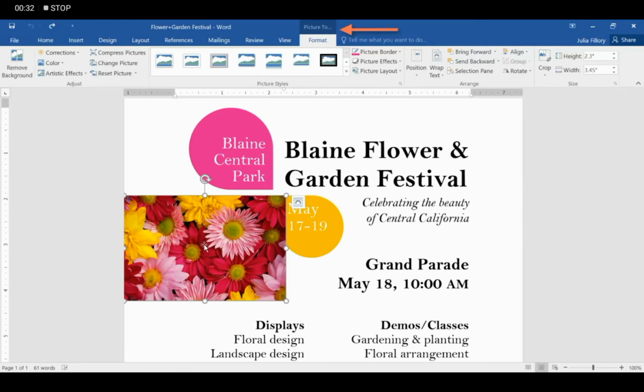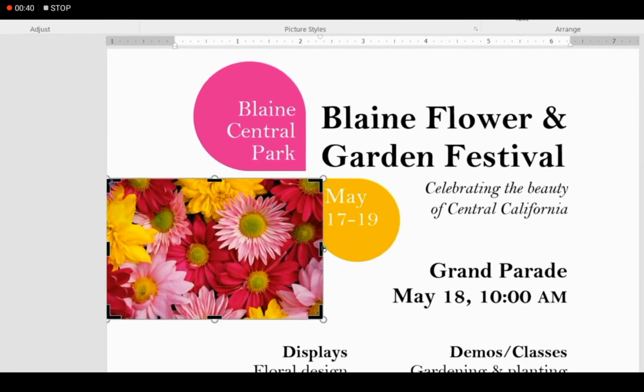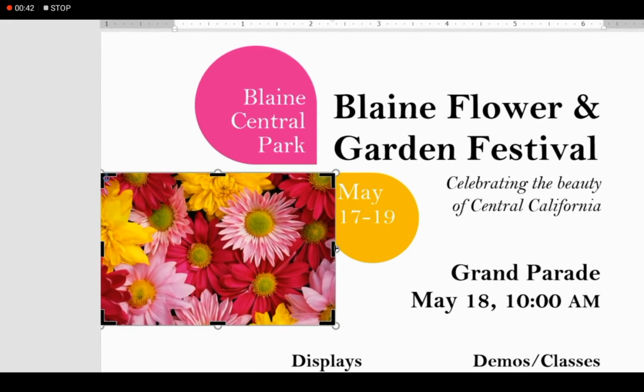So now let's learn how to do simple editing. Firstly, I am going to crop this image. Crop is used to resize your image. You can crop the unwanted part of your image. As you can see, now I am going to crop it from the right and left side. Now, as you can see, the dark area is cropped.